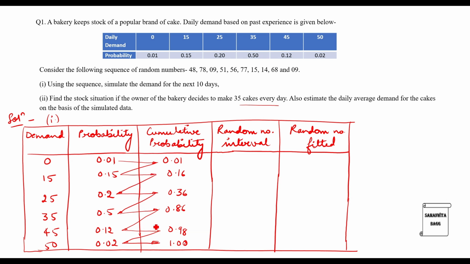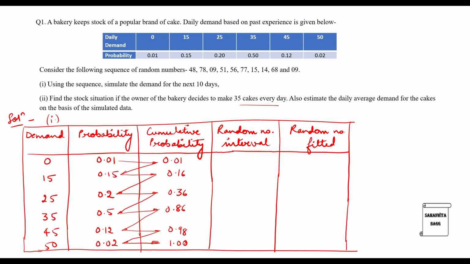You don't have to draw this zigzag line that I have drawn. You can use a pencil in the exam for drawing and then erase it off. I am just showing you so that you know how to calculate and which route to follow. So I have just drawn some arrows to show you how to add them.